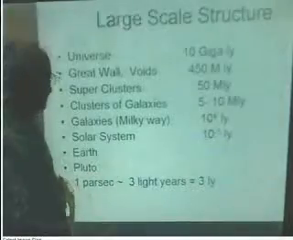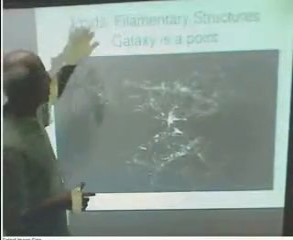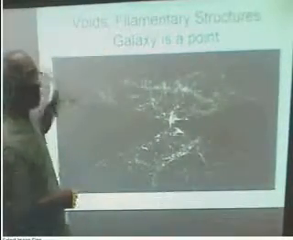Next slide, please. Yeah, this is the biggest object that we know in the sky. It is called voids or filamentary structure of galaxies. By voids, we mean absence